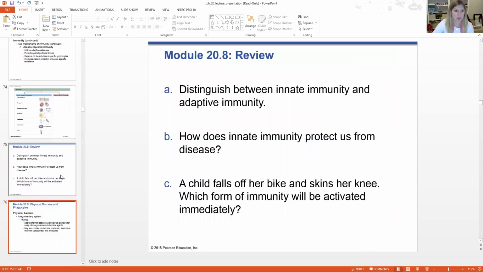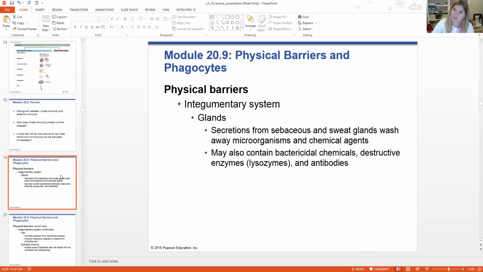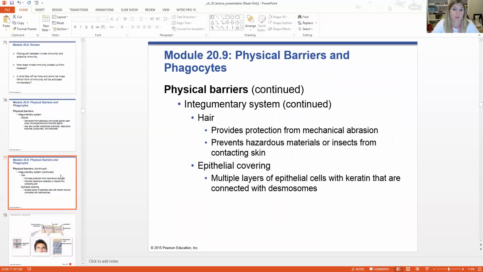We're going to continue on and talk specifically about non-specific defenses, like our physical barrier. So this is mostly like our skin, right? The glands that are on the surface of our skin or on the surface of our integumentary system, they all have lysozymes in them. So the oil, the sweat, even the mammary secretions, milk, it all has lysozymes in it to help destroy any invaders. There's also antibodies included in our body secretions as well. And so our integumentary system is really our first line of defense.